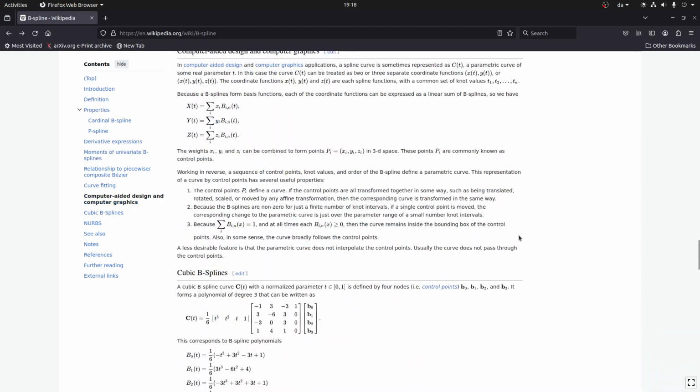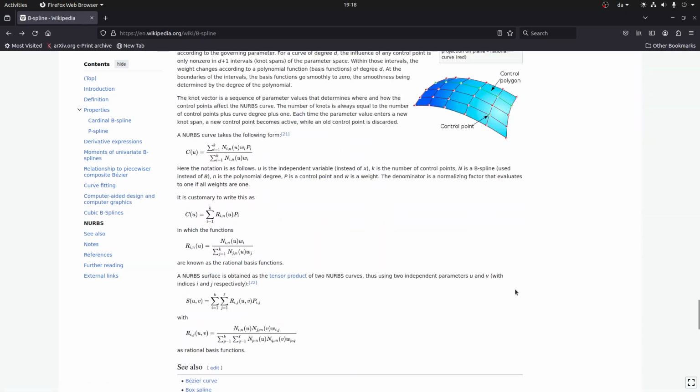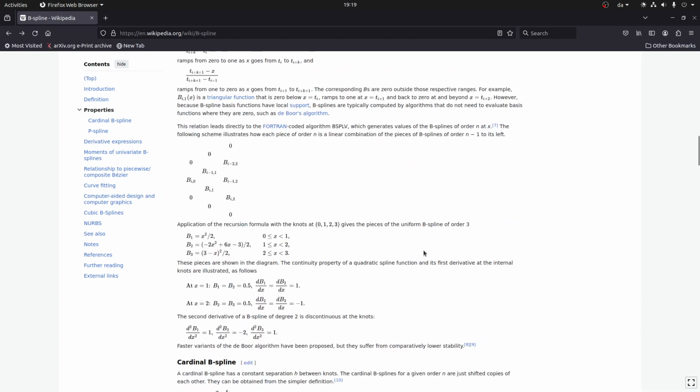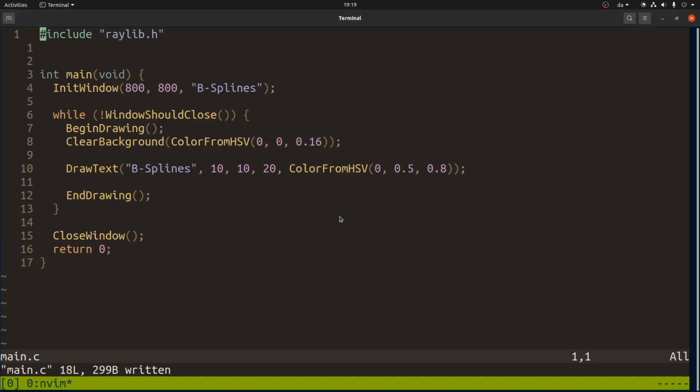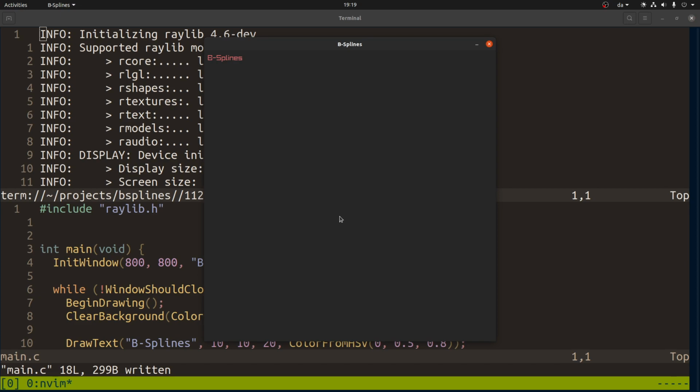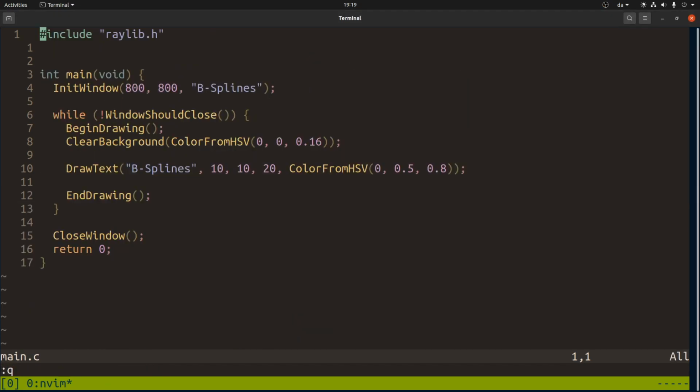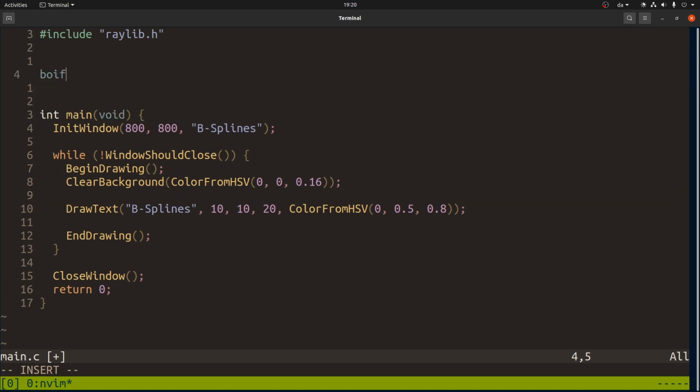And try to see if there's another picture. There's not. So we're gonna try to construct some of those. So I already made a basic Raylib project here. It doesn't really do anything. So the first thing I want to do is to have the ability to